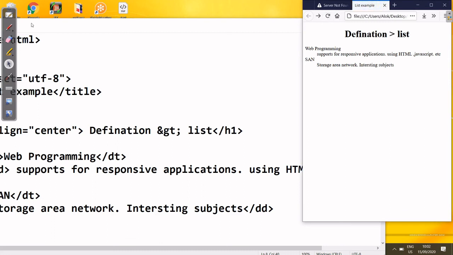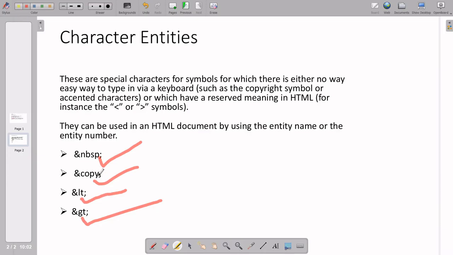So in this way you can use NBSP, COPY, LT and GT. I think in this video you got the idea regarding the lists, and also the character entities. Okay, in the next video we'll discuss the next topic. Thanks for your patience. Thank you.